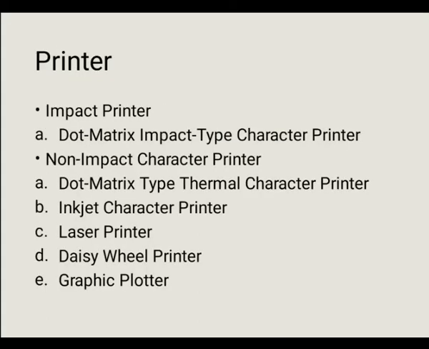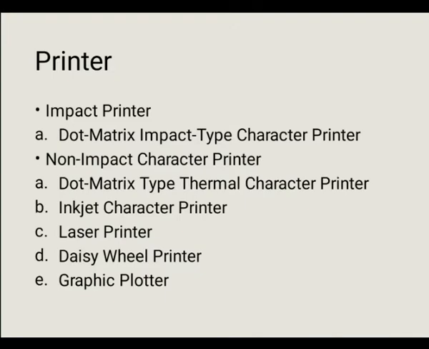Next are the printers. Printers are the most popular output devices. They provide the information in a permanent readable form, in printed form. They produce printed outputs of the results and the data. A character printer can print one character of the text at a time. They can be of low speed. The speed can range from 300 to 600 characters per second.